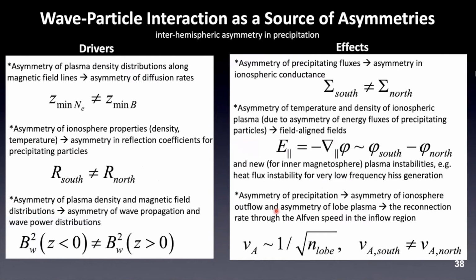These are the three drivers of asymmetry we just talked about. Then what consequences do these asymmetries have? First, the asymmetry in the precipitation will directly drive an